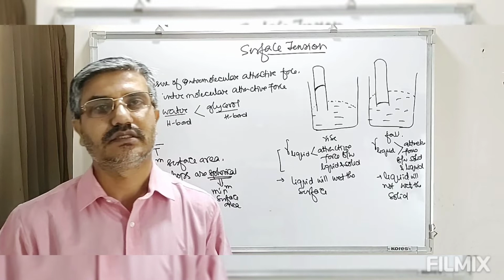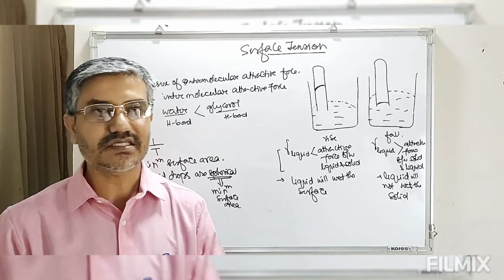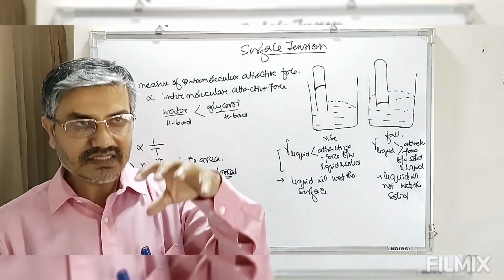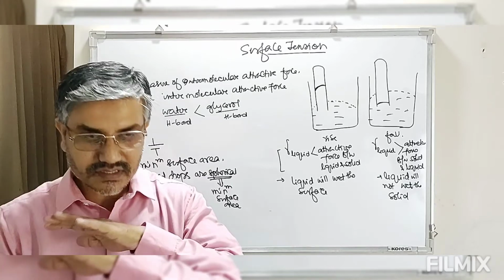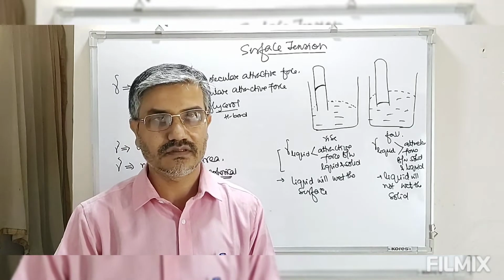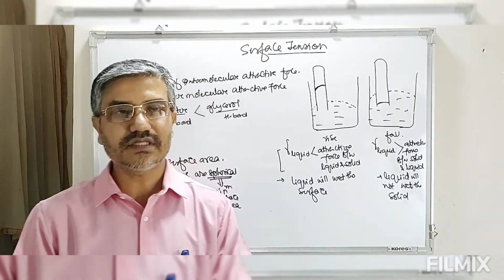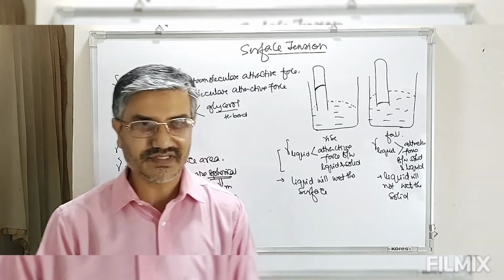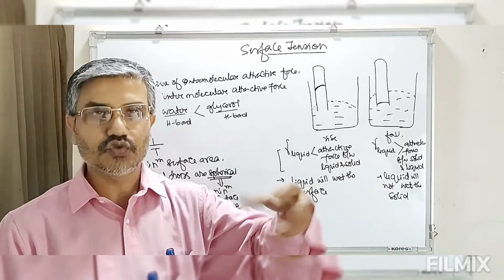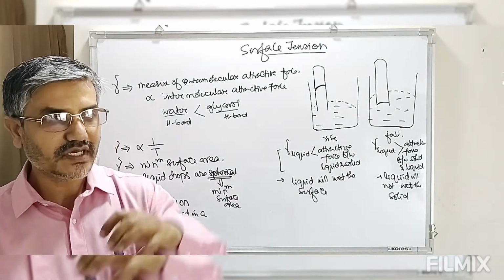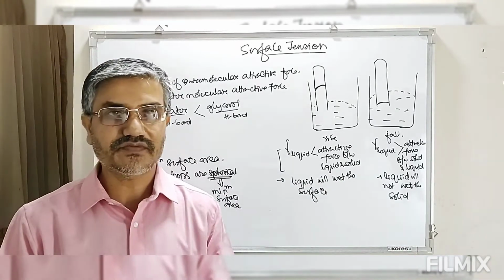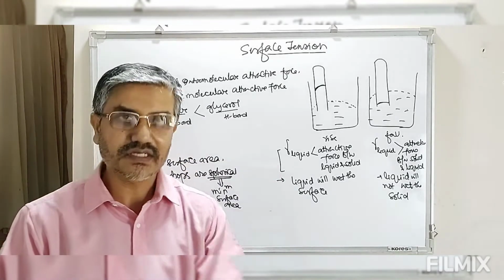When we add some soaps and detergents, the surface tension of the liquid is decreased to a marked level, and this decrease in surface tension helps in uniform spreading of the liquid. So this is what we call a phenomenon of uniform distribution of the substance. This is used in making creams, soaps, toothpaste, gels, etc. There we add some surface active substance, and because of this surface active substance, surface tension always decreases.